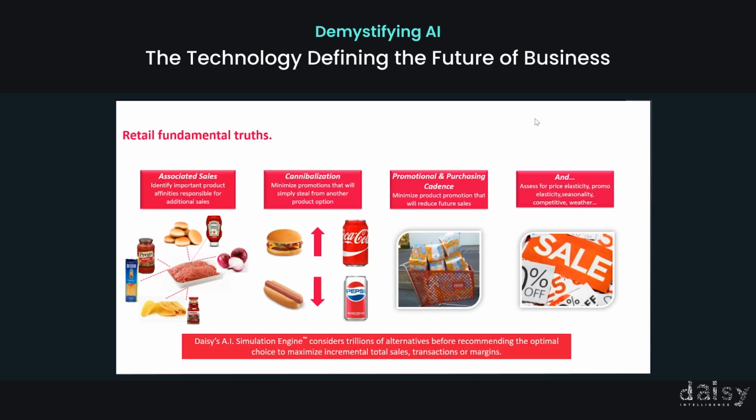If I buy ketchup, the ketchup lasts for a month or two, and so I'm out of the market. So the promotional cadence will cause a forward buying effect, where demand is taken out of the market for some period of time, or the customer stocks up because it's on sale. It's a product that they want to stock up on, that doesn't go bad and spoil. I can buy 3 bottles of ketchup because it's on sale and I can store it. So there's a forward buying or pantry loading effect. So these are some retail fundamental truths.